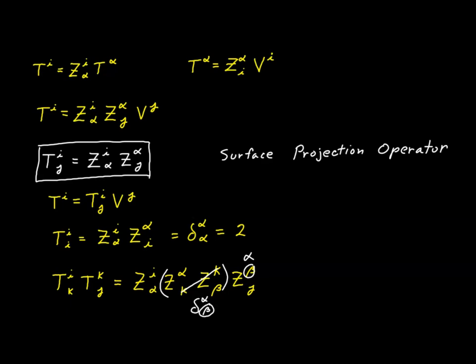So that means that the result of this expression is just going to have the two terms in it, Z_i^α, and this last term, which is becoming Z_αj because the beta index was absorbed. Well, of course, this is just our definition for T_ij. So this is all equal to T_ij,